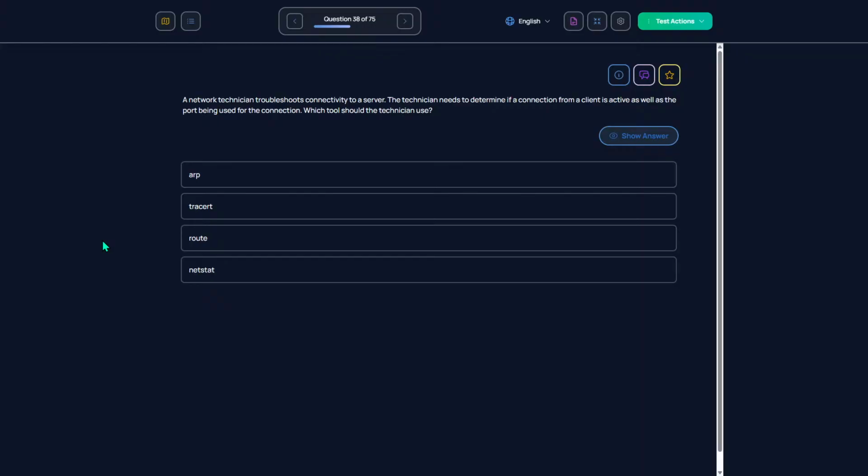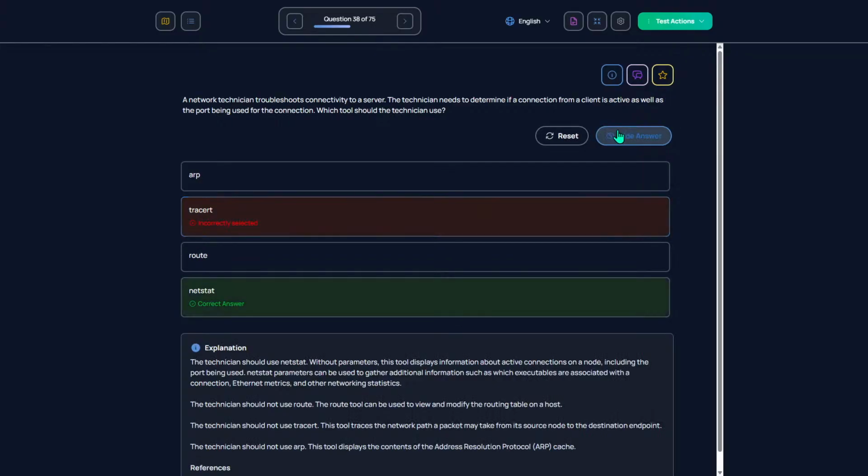A network tech is troubleshooting connectivity to a server. The technician needs to determine if a connection from a client is active, as well as the port being used for the connection. Which tool should the technician use? Traceroute? Netstat.